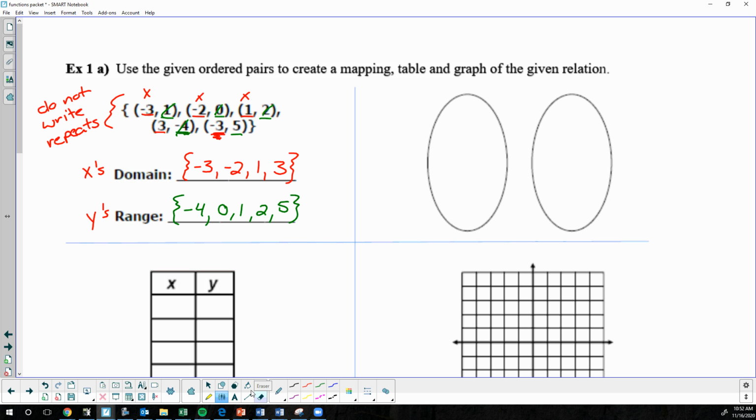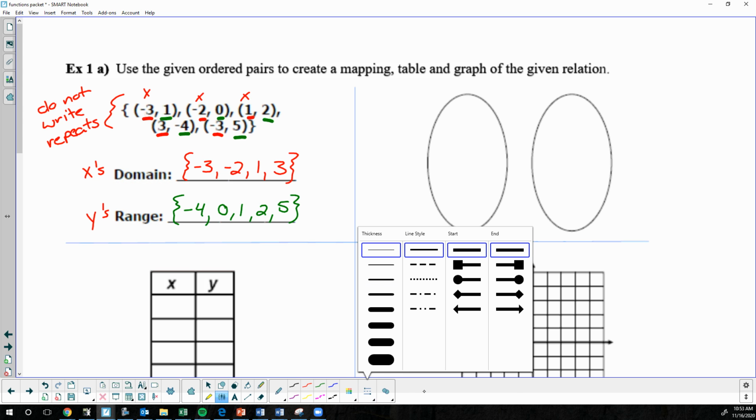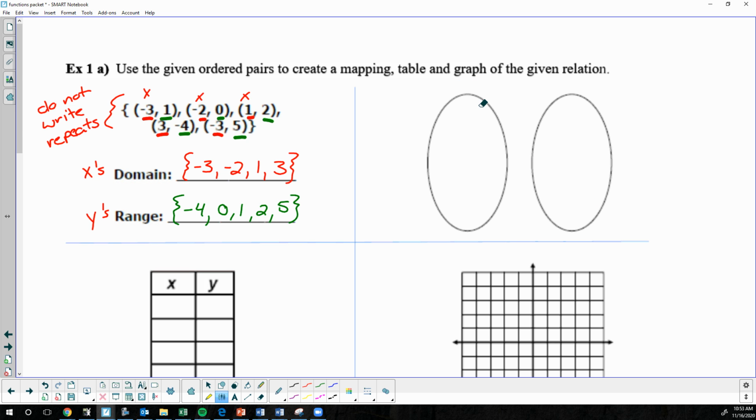All right, so I need these numbers, so I'm going to get rid of my marks for just a second so we can do the rest. Okay, again, my x's are the red numbers and my y's are the green numbers. So that was the domain and range when we're given the ordered pairs. These numbers in parentheses with commas are the ordered pairs. Moving on, let's move on to our ovals. This right here is a mapping diagram. When you have to create a mapping diagram,